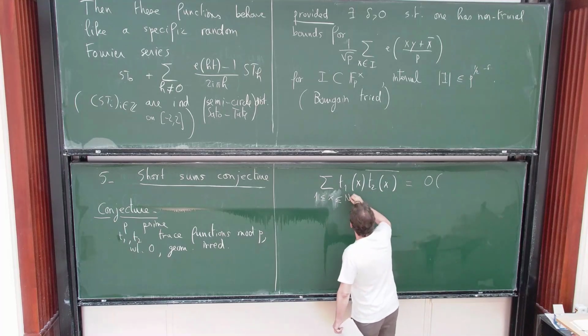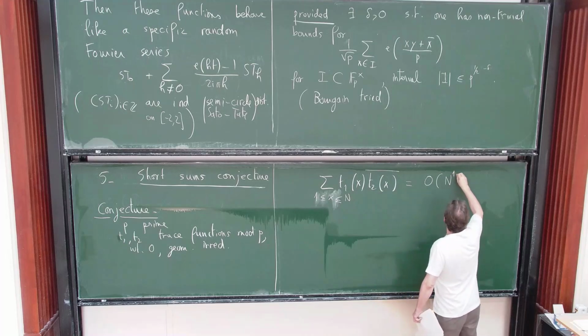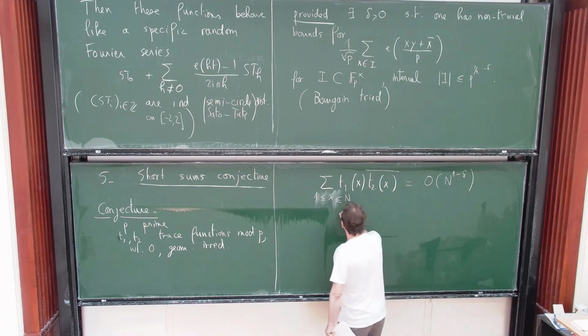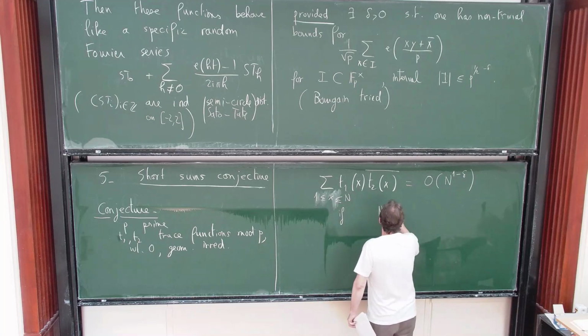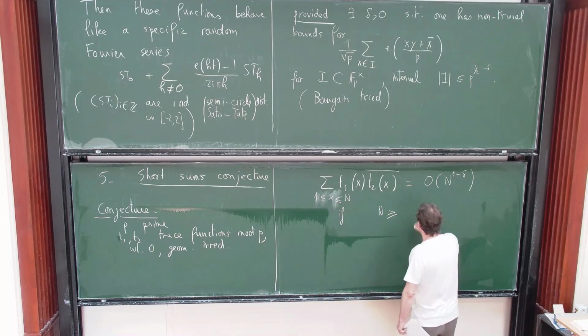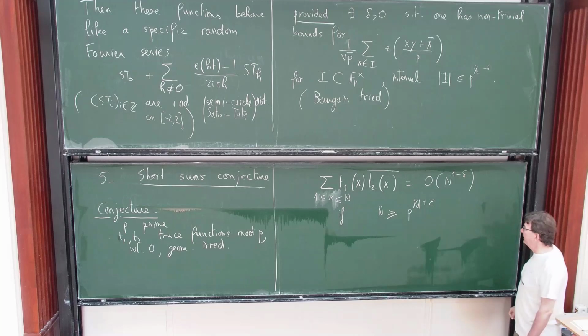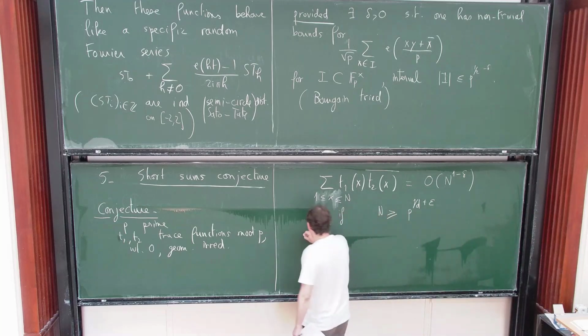But let's do it this way. We're going to want to gain a small power of the length, if N is larger than some power 1 over d of p, unless,